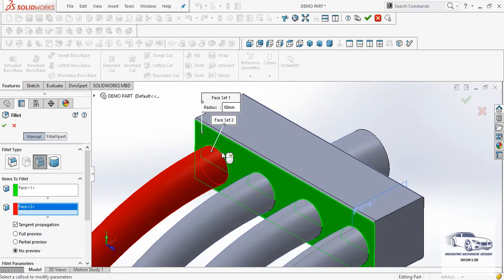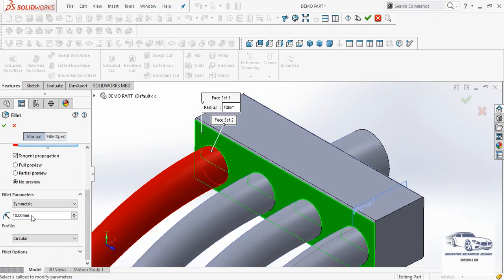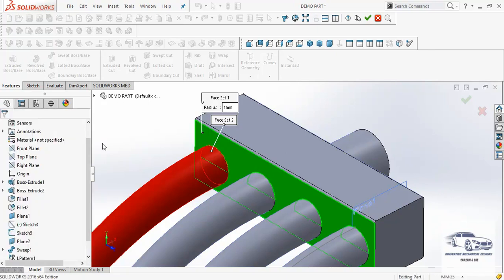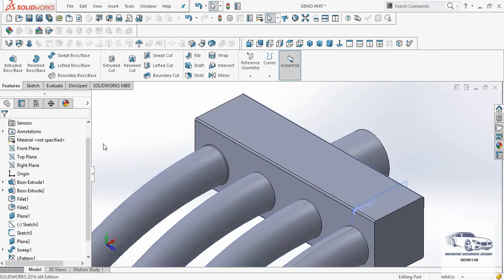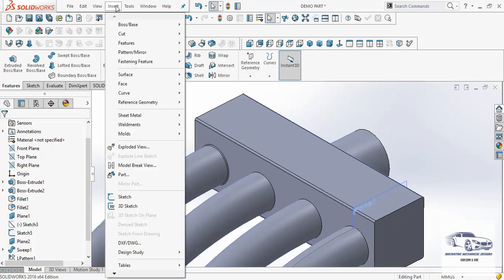This will adjust the fillet along all the meeting edges between these two faces in a proper manner, and here we will give the input radius, so it is 1 mm. Enter and then OK. So here we have got the fillet. We have to repeat this process for the other three features also.